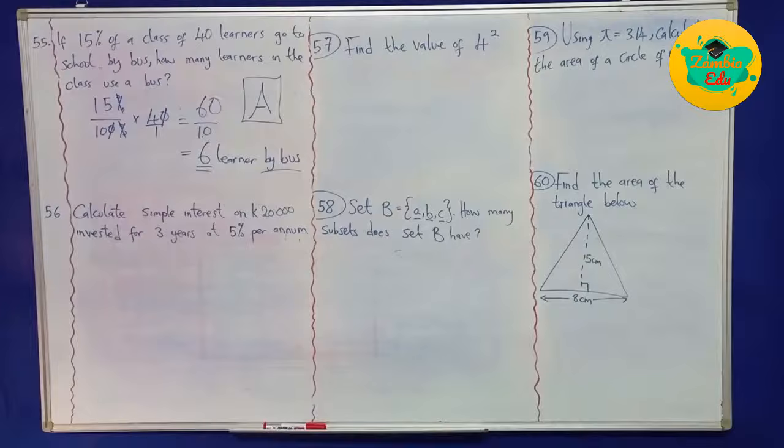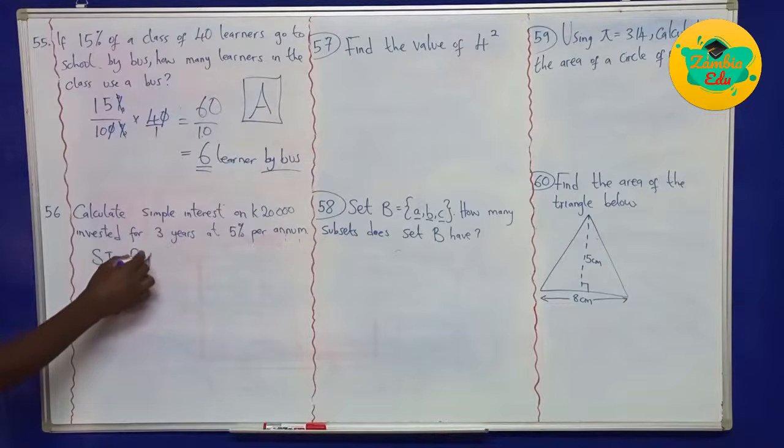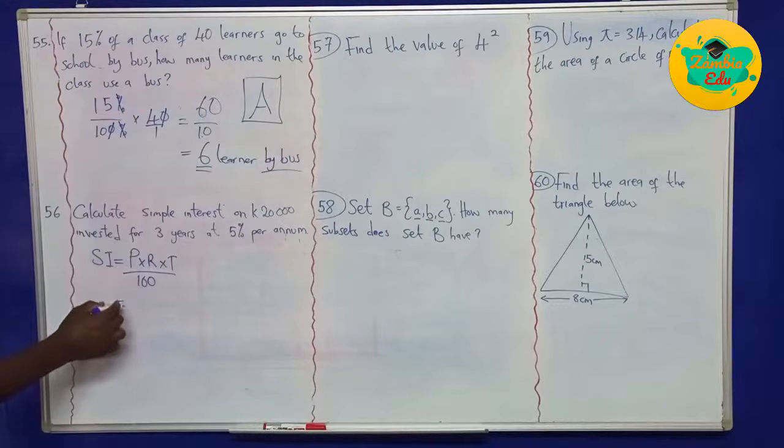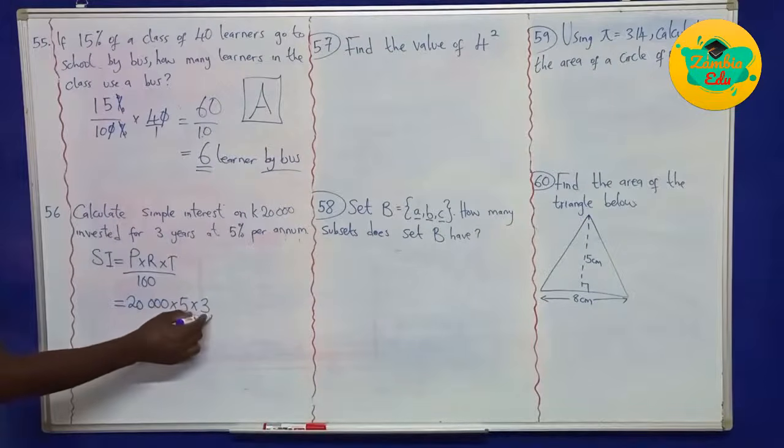We go to 56. 56 says, calculate the simple interest on 20,000 kwacha invested for 3 years at the rate of 5% per annum. So we're looking at simple interest, where the formula is principal times rate times time over 100. Principal refers to the amount of money invested, so we're talking about 20,000 times the rate, which is 5%, times time, which is 3 years, over